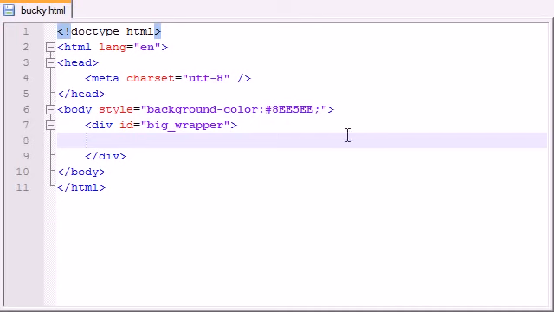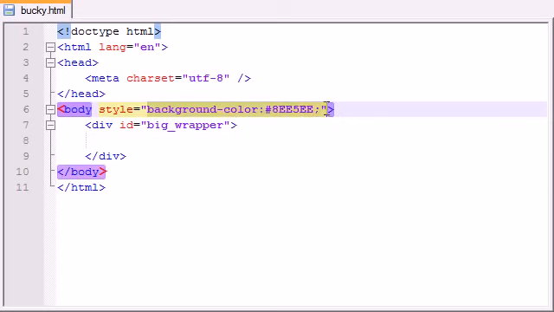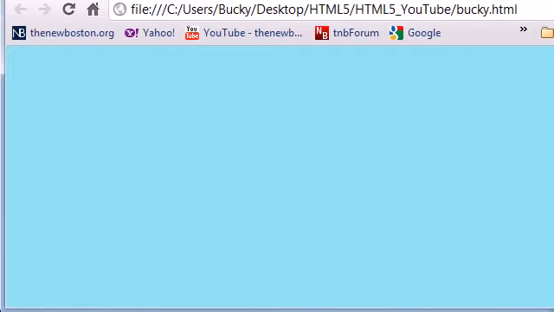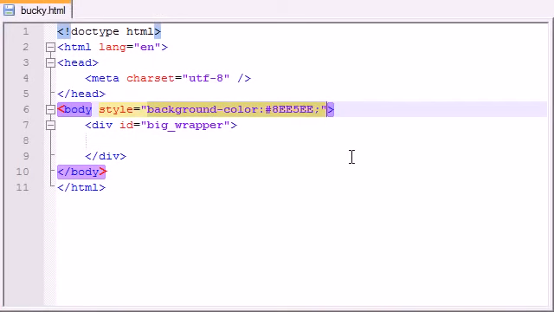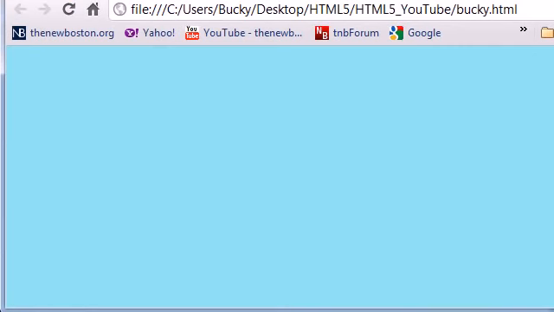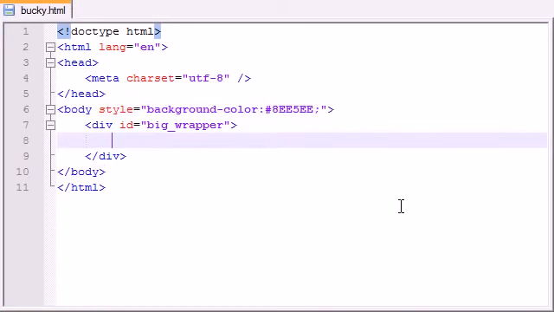So before we start this tutorial, I want to say this. I found a video on my computer. It's just a tutorial of me talking, kind of like this one, and it had a lot of white background. So what I did is I changed the background color of my website to this kind of light blue color, because my video is kind of white, and when it goes white on a white website, it looks weird. So that's why I changed the background to a nice light blue color, in case you guys were wondering. So now, with that being said, let's get to the meat of the tutorial,